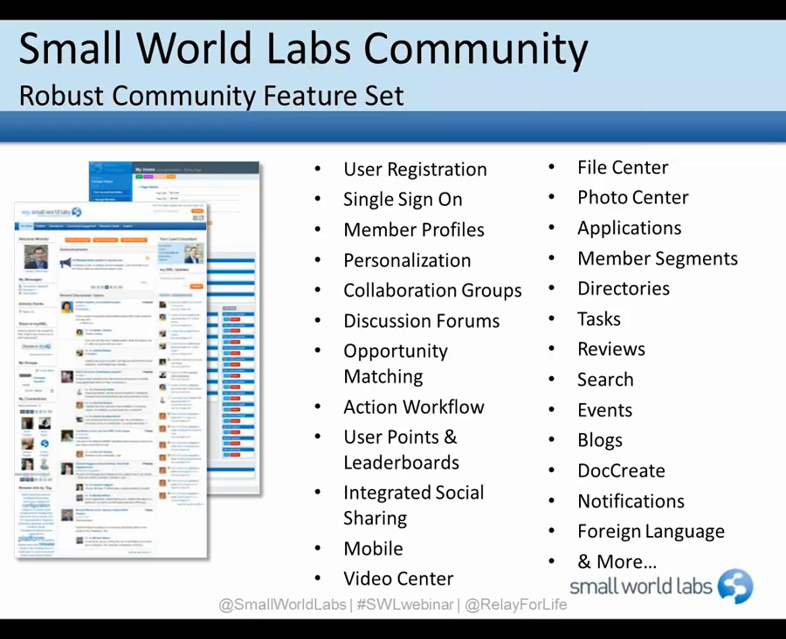Small World Labs Community, which is the platform that Relay Nation is based on, has a very comprehensive set of features and capabilities to help create purpose-driven communities that are tailored to each organization's specific needs and the needs of their top supporters. And these include not only foundational community building blocks like member profiles, discussion forums, directories, and resources, but also innovative engagement building tools like automated action workflow, leaderboards, opportunity matching and recommendations, document collaboration, integrated social sharing,